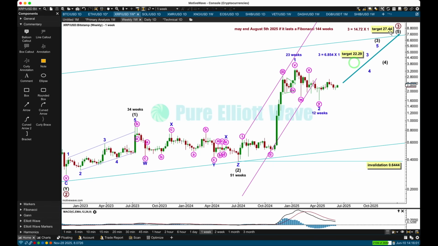Here's my new target, and it works with intermediate 3, -3. If it reaches 6.854, that's a fairly high Fibonacci number, but if it reaches that Fibonacci ratio to -1, it would reach up to 22.29. This suggests that the target for primary 3 may not be high enough. If this is about where -3 ends, then we're going to have to calculate higher targets eventually for primary 3,